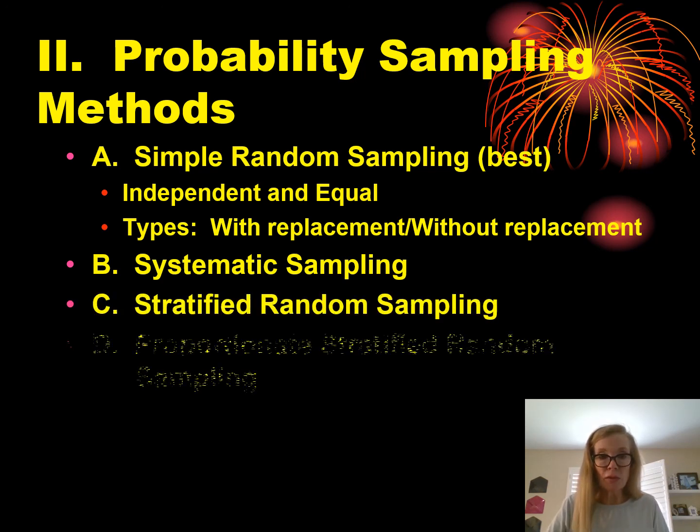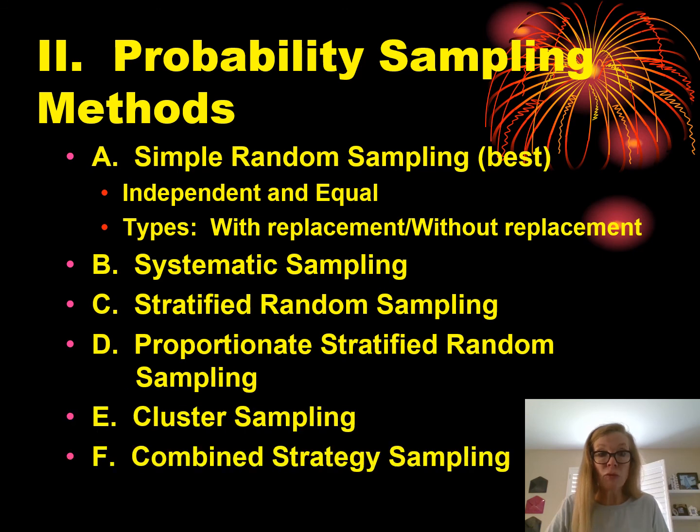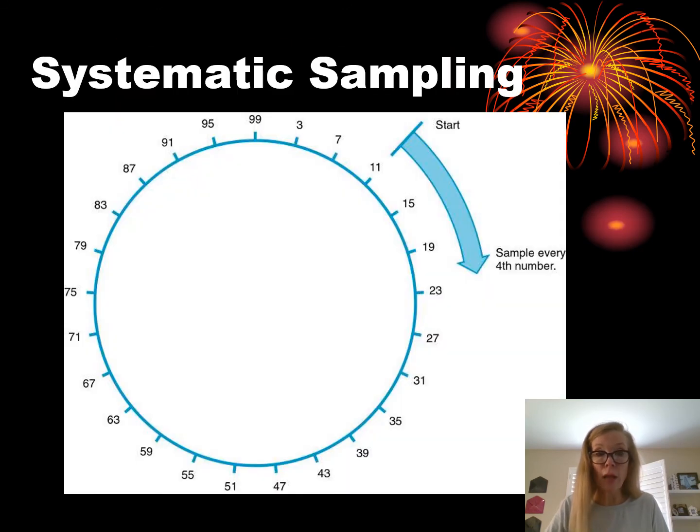And I think I can show you this best. I have a graphic of this that illustrates it very well. So let's say I have that target population of 100 8th grade middle school students, and I want a sample of 25 of them. So I want everyone to have a roughly 1 in 4 chance of being selected for my sample. But I have a list of all the participants, and I need to quickly get some people to contact to be in my sample. So I have this list, and they're numbered 1 to 100, and what I'm going to do is